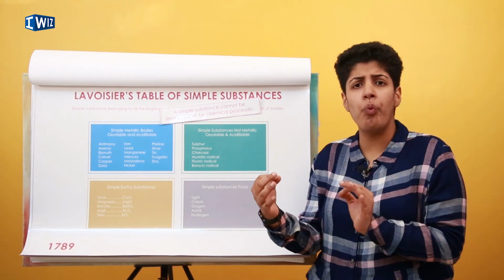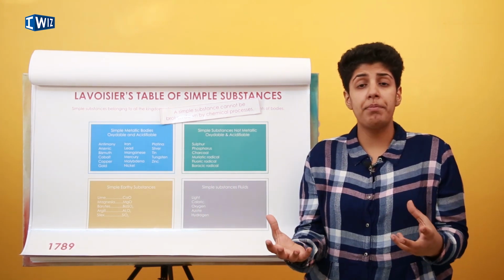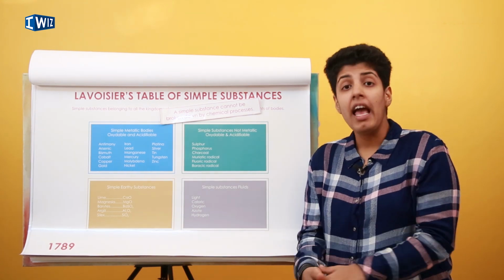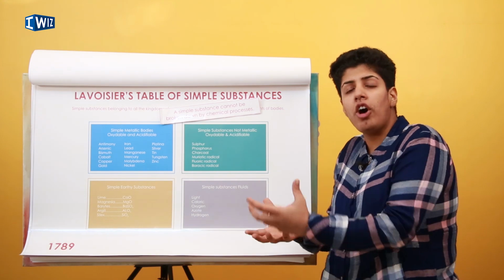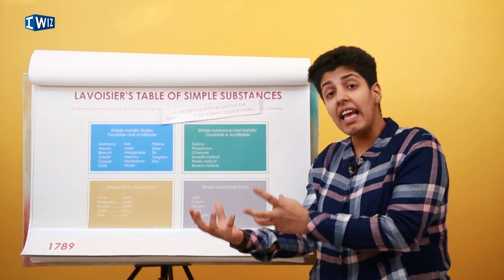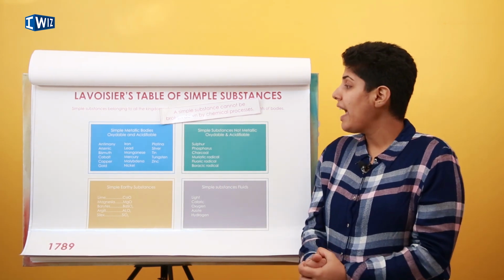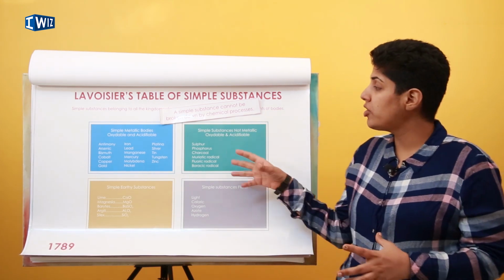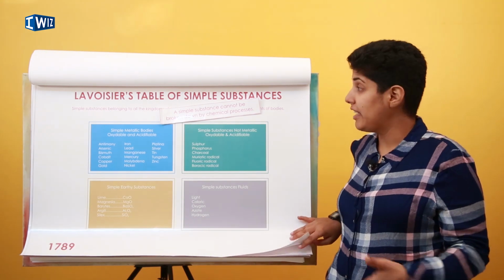His careful weighing of the elements and of the reactions is what helped him prove it to the world. He weighed wood and found that the mass the wood lost when it became ash was actually there in the carbon dioxide, in the gas that was formed when it was burning. He believed that it was oxygen that was responsible for burning and not phlogiston. So that is what Lavoisier did.